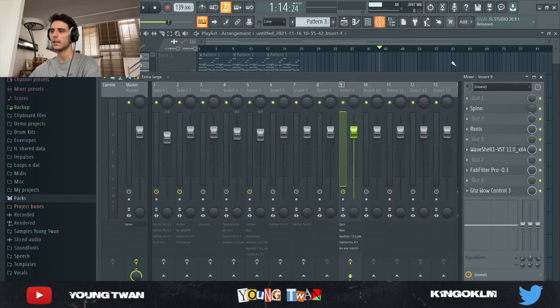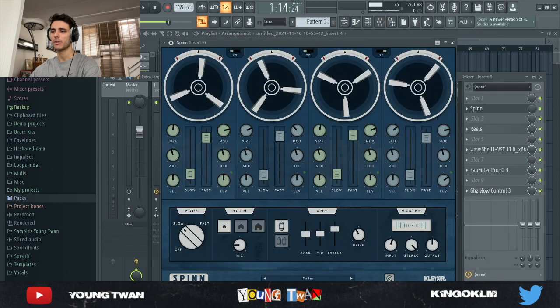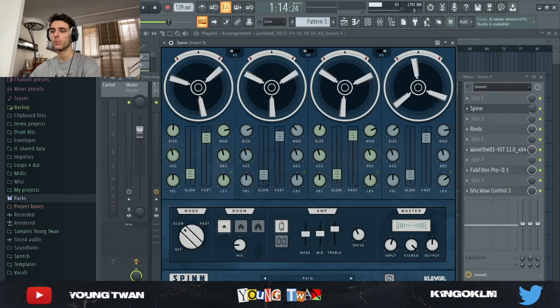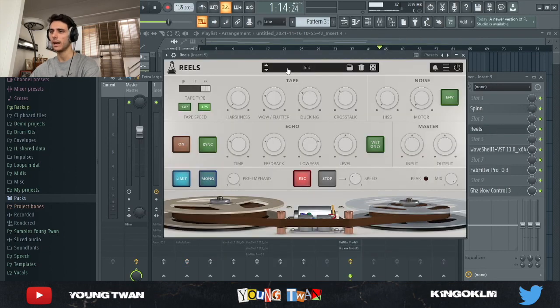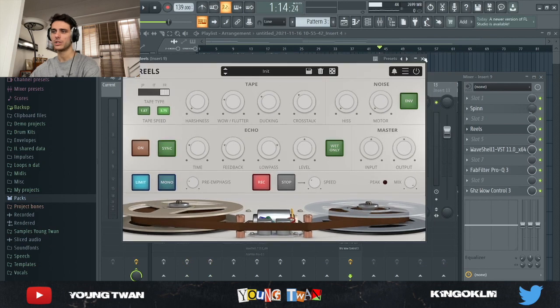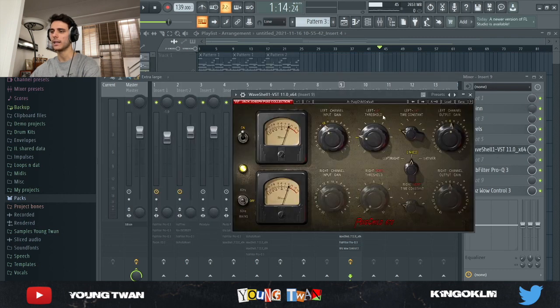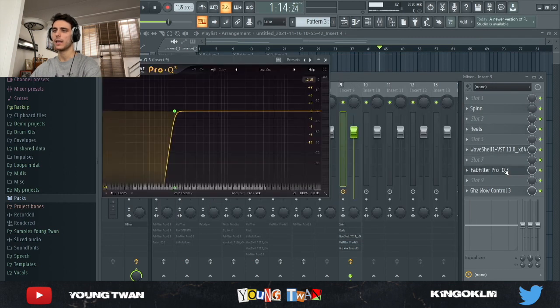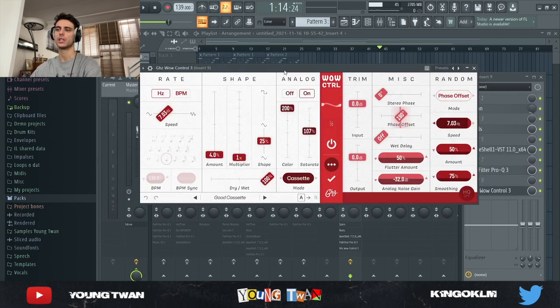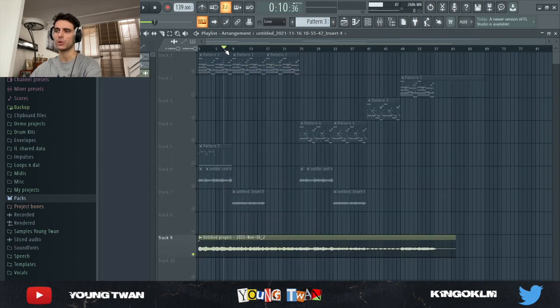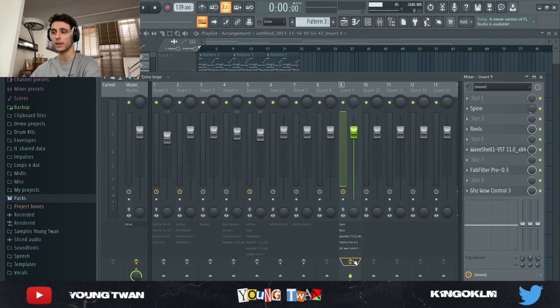So I added a spin plugin from Clevgrand. It's a really tough plugin with this palm preset, but I turned the mix down to around 10%. I added a reels with just the default preset. I messed around, I'm pretty sure, with some of the wild flutter and harshness. And then I added a pre-child compressor again, an EQ cutting some of the lows out, and then a Good Hertz wow control just to add a bit more of that detuned tape effect type of sound. So I'm gonna show you guys the start of the sample without any effects and with the effects.